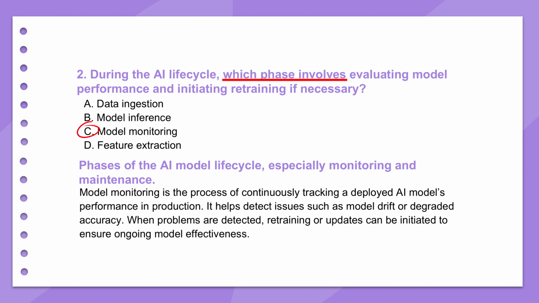Why continuously? Does it degrade? It absolutely can. The data it sees in the real world might start to change over time. We call that data drift. Or user behavior might change, or the whole environment shifts somehow. If the model's performance starts to slip or the new data looks really different from its training data, then you